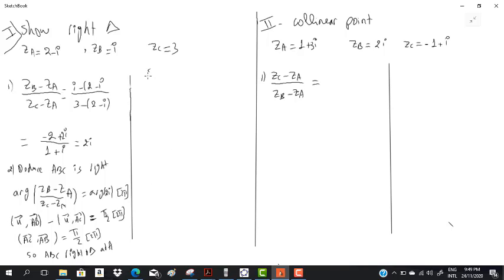Another method you can use to show it is the scalar product, but you can't use the scalar product if the question asks you to deduce; that method uses the argument. The scalar product you can use if the question is not deduce. If he asks, show that ABC is a right triangle at A,